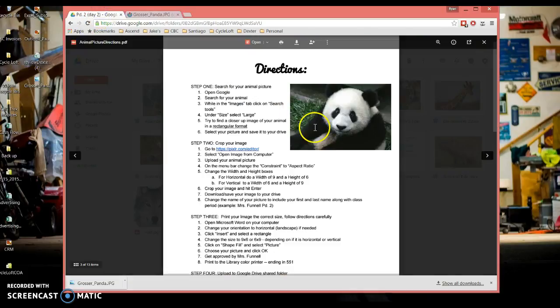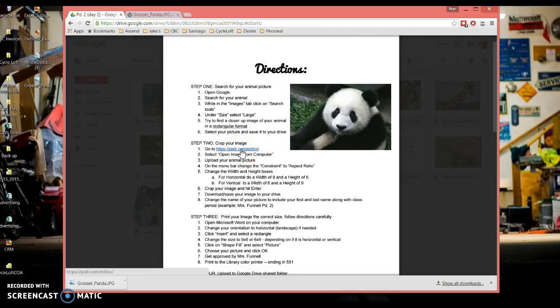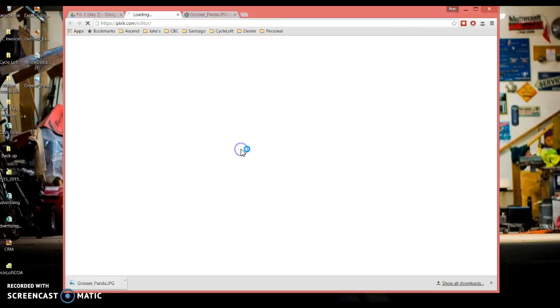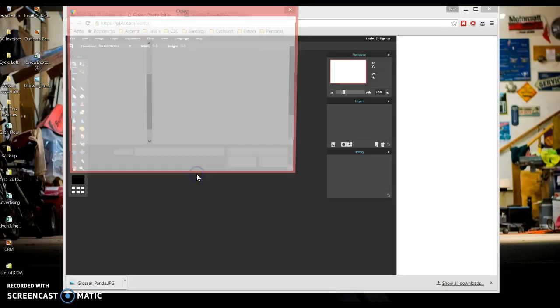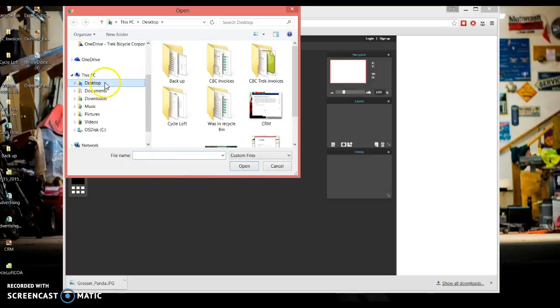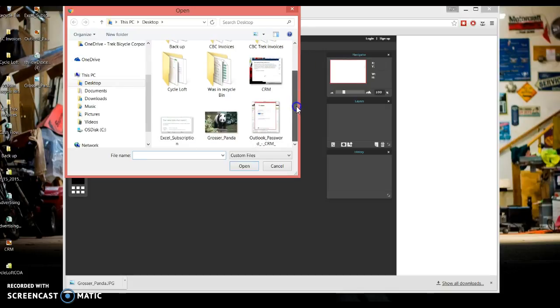I'm going to go into my directions here, and then you're going to go to the Pixlr editor. So you can just simply click this link and it will take you to the Pixlr editor. Now this is going to pop up this little menu, and you're going to click Open Image from Computer. Now I know I put it on my desktop, so I'm going to scroll down, find my image, and click